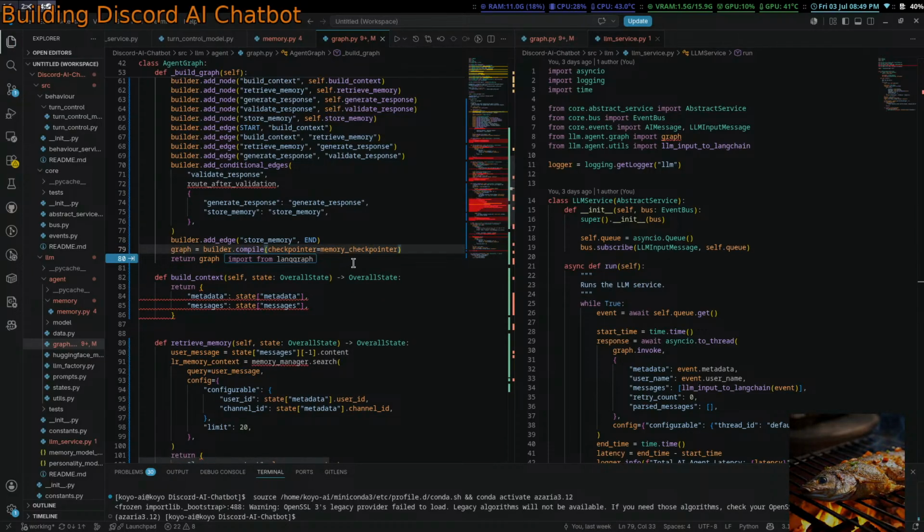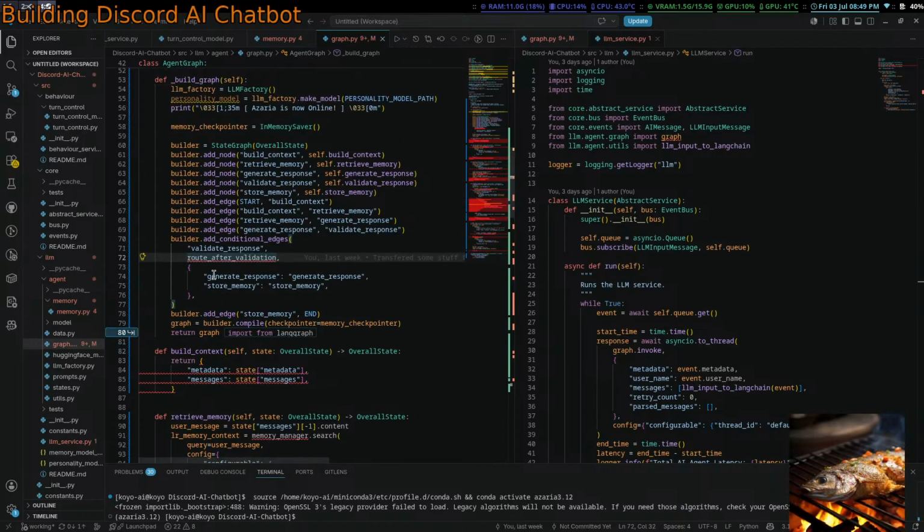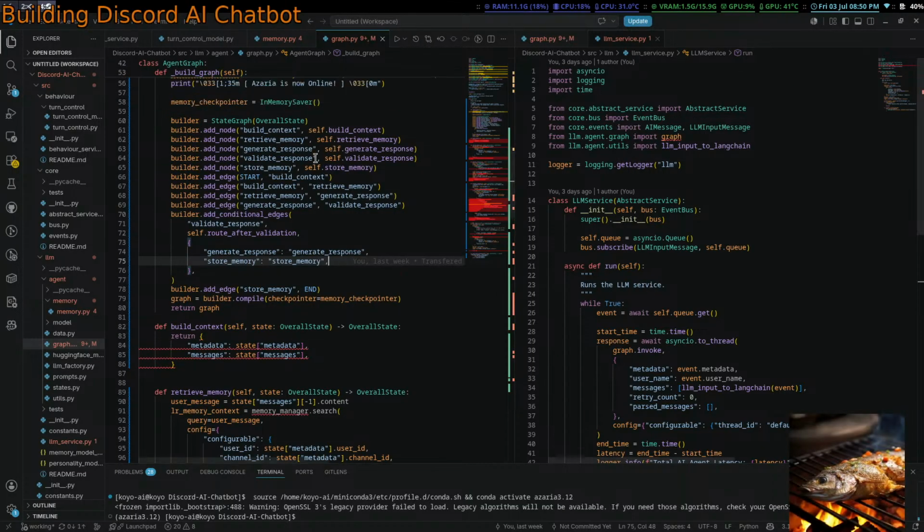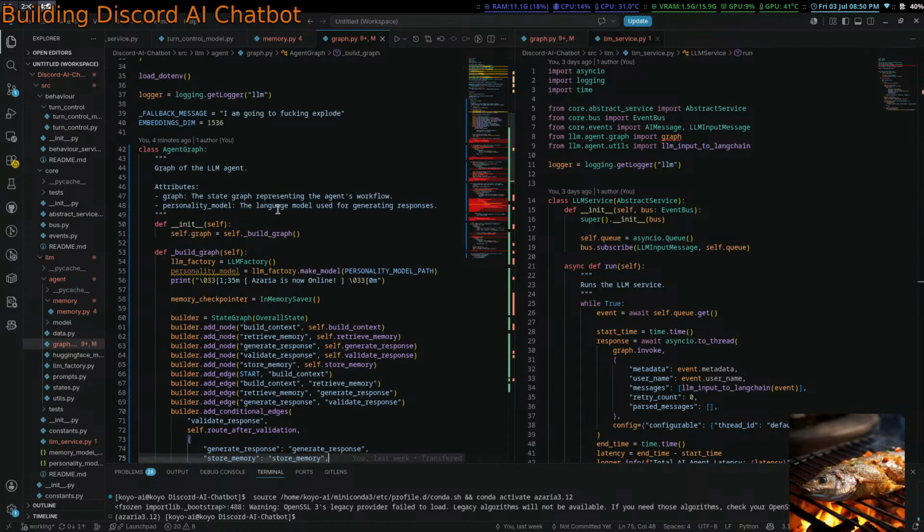Route after validation, yep. Store memory is a bit different, right? Instead of storing while blocking, we're instead just gonna send the message into some sort of queue that's gonna then talk to the AI stuff or the memory stuff. Yeah, epic, sick.